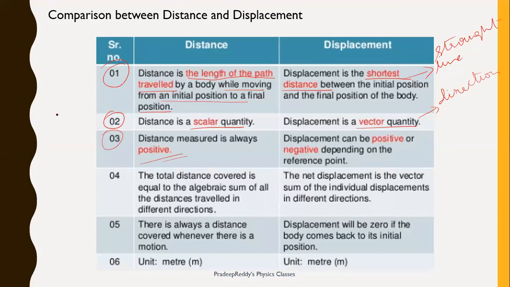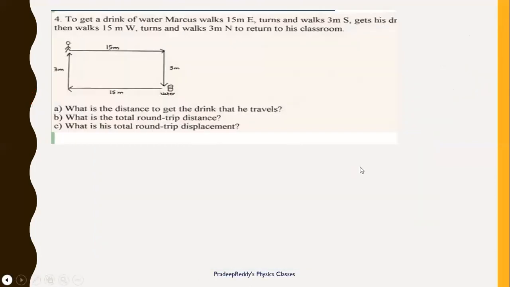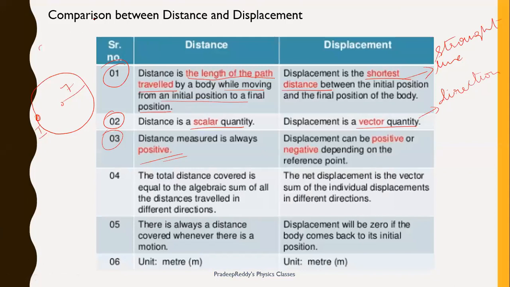For example, you are starting at this position, which is the initial point, and you are moving on the circle, right? And finally, you are coming to the same position where you started. Now, the total length of this is the circumference. So here the total length traveled, or distance traveled, S, will be equal to 2 pi r. But what about displacement? Displacement will be equal to 0 because it has come to the same point where it started. Therefore, net displacement will be equal to 0.